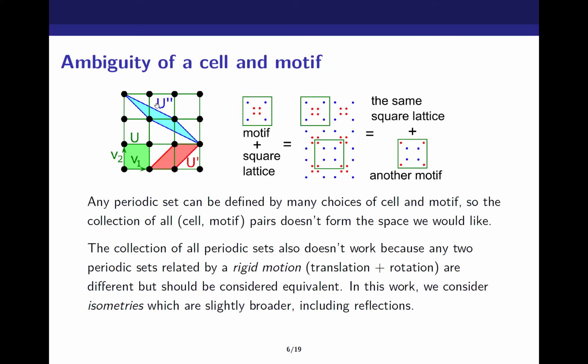So even if you simplify it to just lattices, I can choose loads of different unit cells. If I stick to one unit cell, even simpler, well, you can move around that unit cell and take very different motifs that generate the same thing. So we can't just take the space of cell-motif pairs, really. And we have to account for this ambiguity in representation, while also,